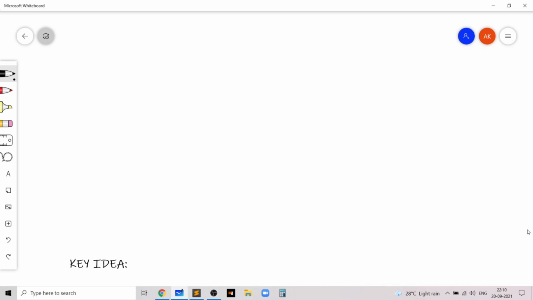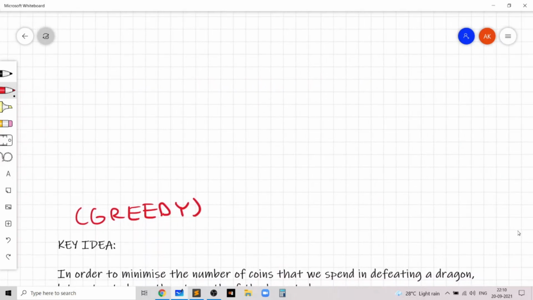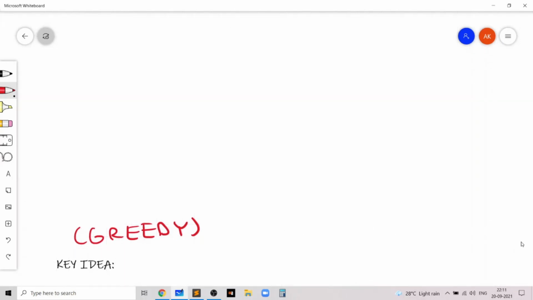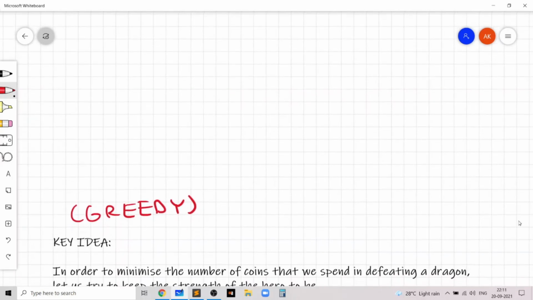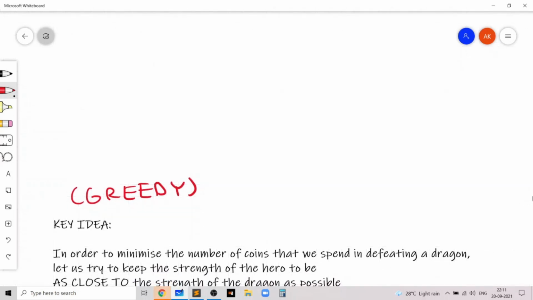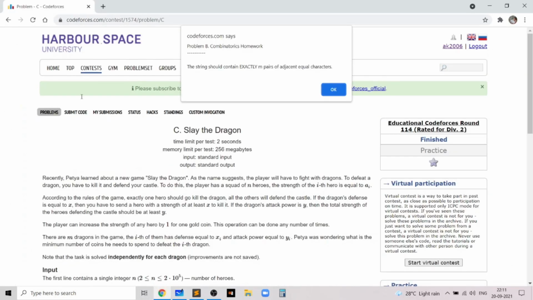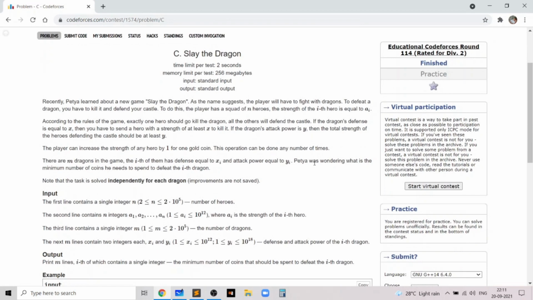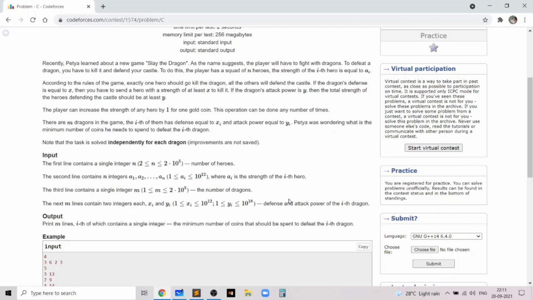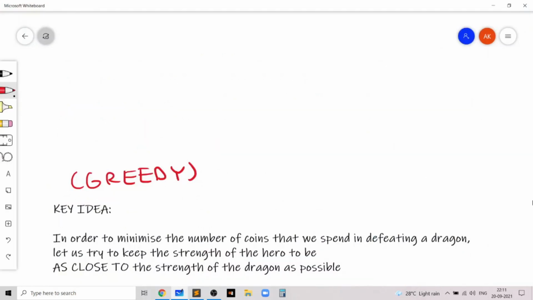The key greedy idea is that we need to make sure that the hero which we send to defeat the dragon has a strength value which is closest to the dragon's defense. That's because in order to minimize the number of coins that we spend in defeating a dragon, the strength of the hero should be as close to the defense power of the ith dragon as possible.